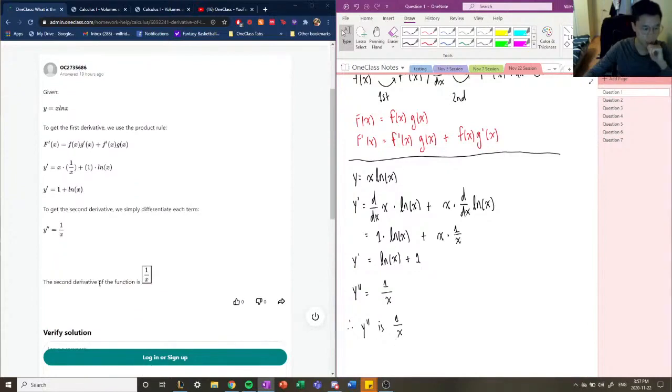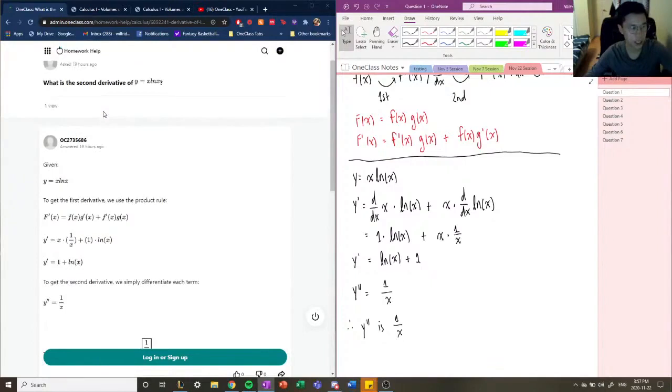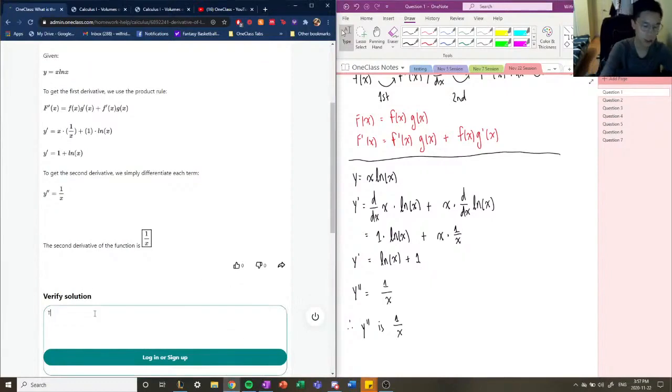And so the Junior Tutor also did the solution. They stated what the second derivative is, which is to differentiate the original function 2 times. They also stated the product rule that they used to solve the first derivative. So this solution is